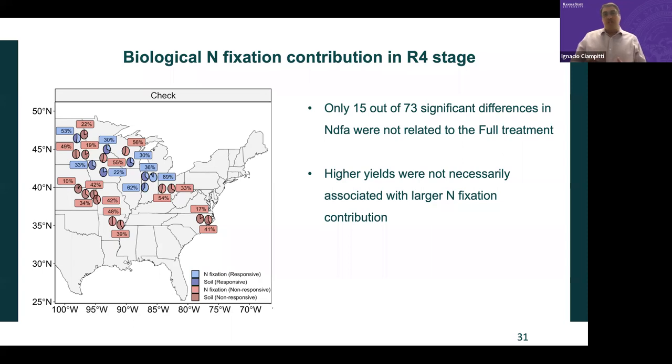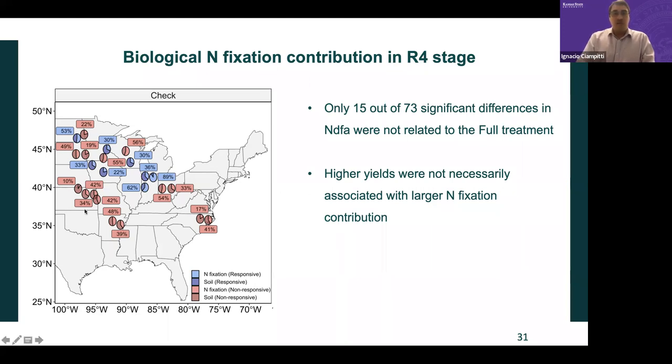So to finish a little bit, we are trying to connect all this data with the contribution of fixation. So we have data on nitrogen fixation at the point of maximum fixation. If you remember from the beginning of the presentation, that was around pod formation. So if you look at this map, this is one of our first maps available showing how much contribution of fixation is going to the plant.